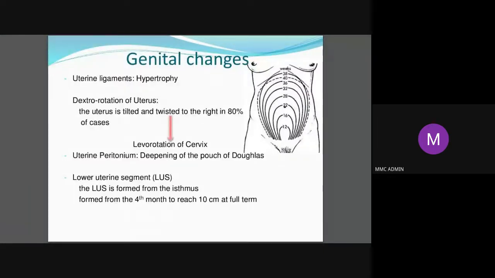So the examiner, whoever is coming, they will see whether you are checking the height of the fundus of the uterus after correction of the dextrorotation. Okay, in your clinical classes, it will be taught to you. So that way, while examining the height of the fundus to say how many weeks the pregnant uterus is, you have to correct the dextrorotation. And so automatically the cervix will be going to the left.